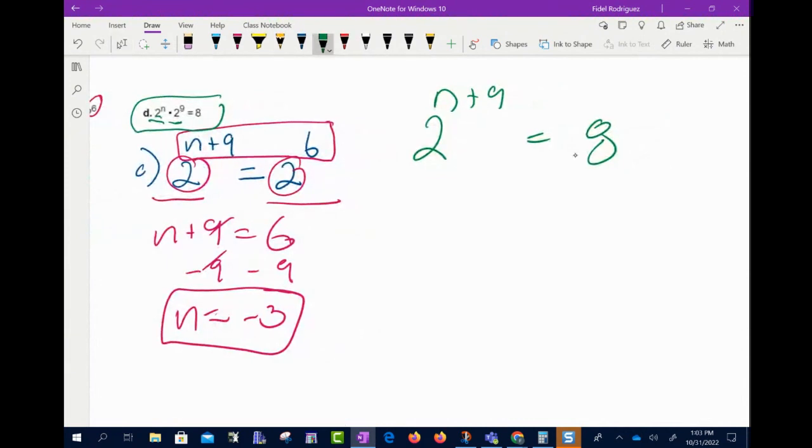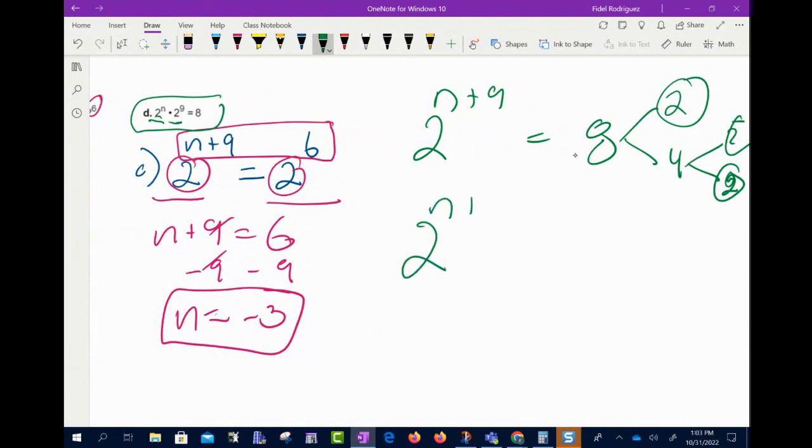Now, what I really want to do here, y'all, is break up my number 8. So I know 8 is 2 times 4. Now, I can't break up 2, but I can break up 4 into 2 and 2. So look, y'all, I'm going to say 2 to the power n plus 9. Instead of writing 8, I can say 8 is really the same thing as 2 to the third because